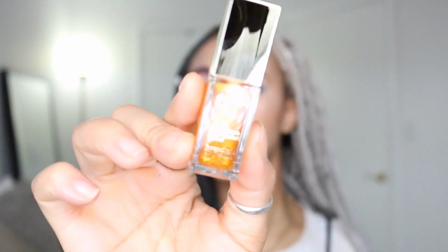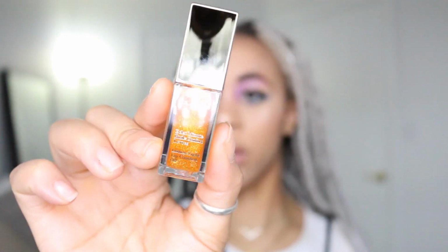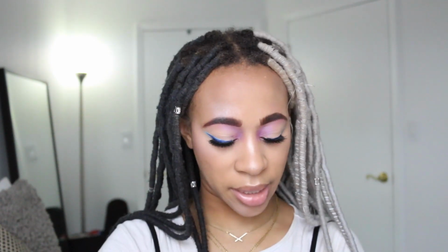It looks like this, which is actually really pretty. This over a liquid lipstick or even a gloss. Woo! That's gonna be beautiful, so I might do that today. And then this is the Pixi Sun Serum with soybean and sodium hyaluronate. Broadband SPF 30, sheer sunscreen, and protective lip balm. It smells fruity. Okay, so for lips, I think I need to keep it neutral because the eyes are like,